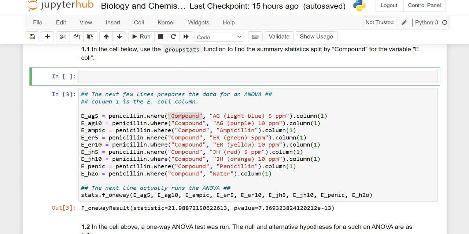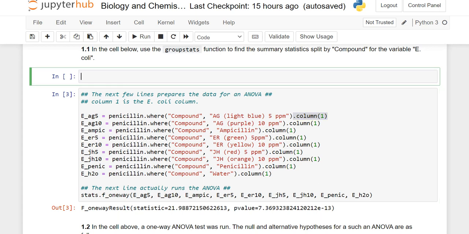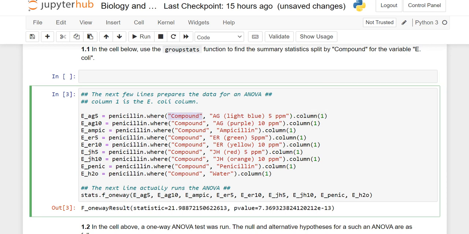I also wanted to point out that they created these arrays. These are all arrays. On the left-hand side here, these are the names of arrays. How do I know that? Well, they use the dot column method. And if you take a look at this table, you'll see that there are 3 columns. The first column is compound, the second column name is E. coli, and the third column name is S. epidermis. Okay, so column 1, well, the first column, of course, the computer counts it as 0, column 0. So column 1 just refers to the E. coli